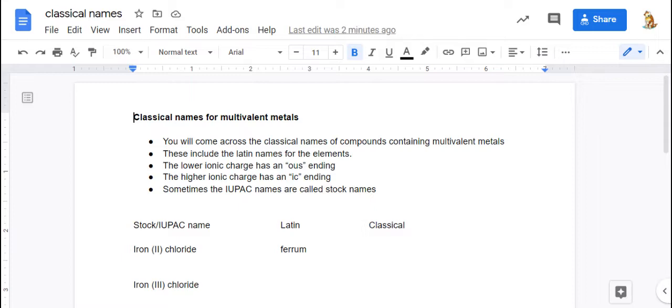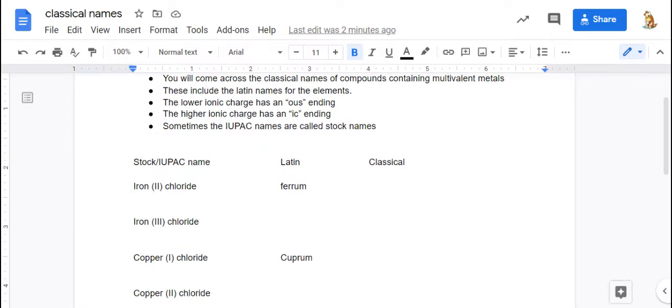Sometimes the IUPAC names, the names that we've been using, are called stock names. I'm going to give you a couple of examples here, and I've shared a table with you. The stock names are iron(II) chloride and iron(III) chloride. One has a charge of 2+, one has a charge of 3+. The Latin word for iron is ferrum, so the classical name for iron 2+ compounds is ferrous. So this compound would be called